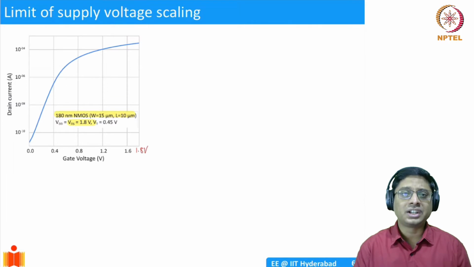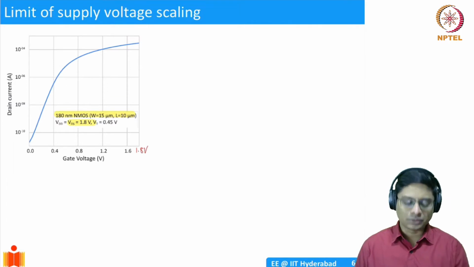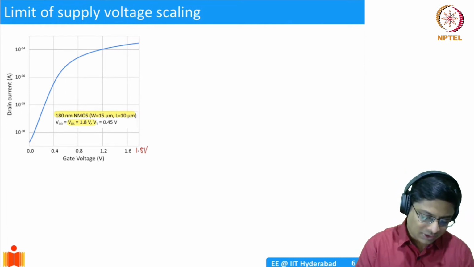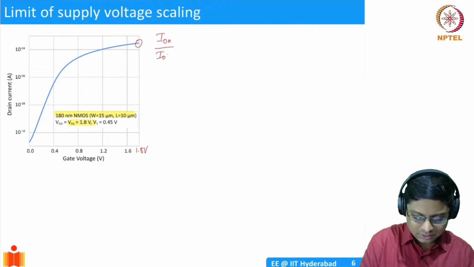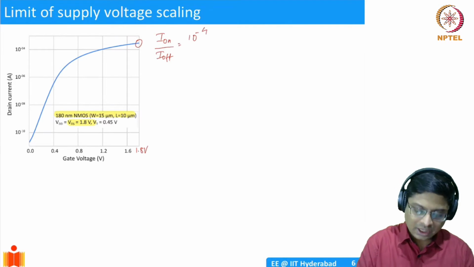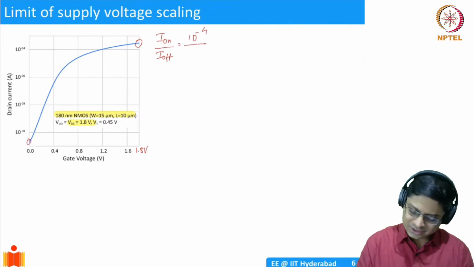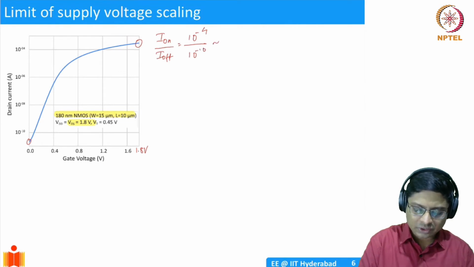So you get this curve. This is actually the real data that you would reproduce in an experiment if you fabricate this using 180 nanometer technology. In this case, the I-on to I-off ratio is what we are interested in. I-on is basically 10 to the power minus 4, let's take it approximately. And I-off, when the gate voltage is 0, let's take it as 10 to the power minus 10. So this ratio is about 6 orders of magnitude difference.